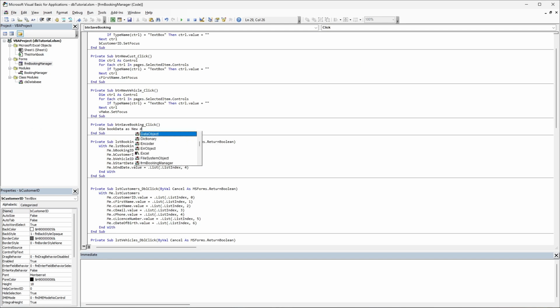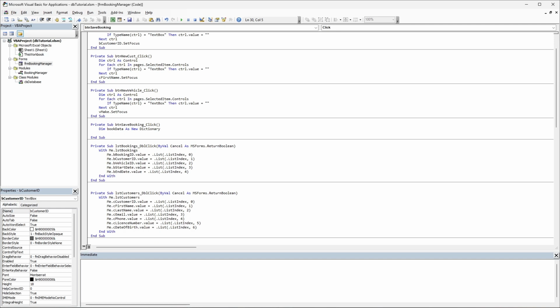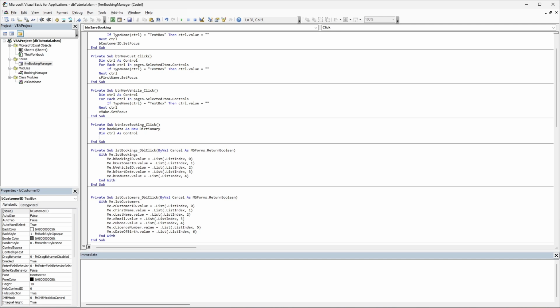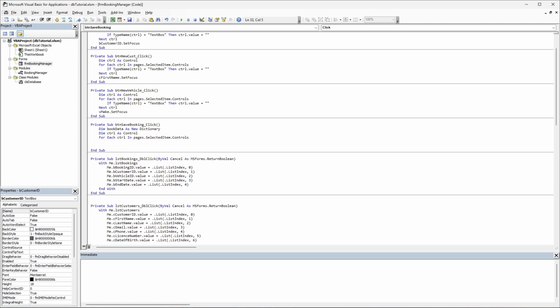So, as new dictionary, and then we need to loop through each control. The same sort of thing as what we've done here. We can just loop through each control, next control,